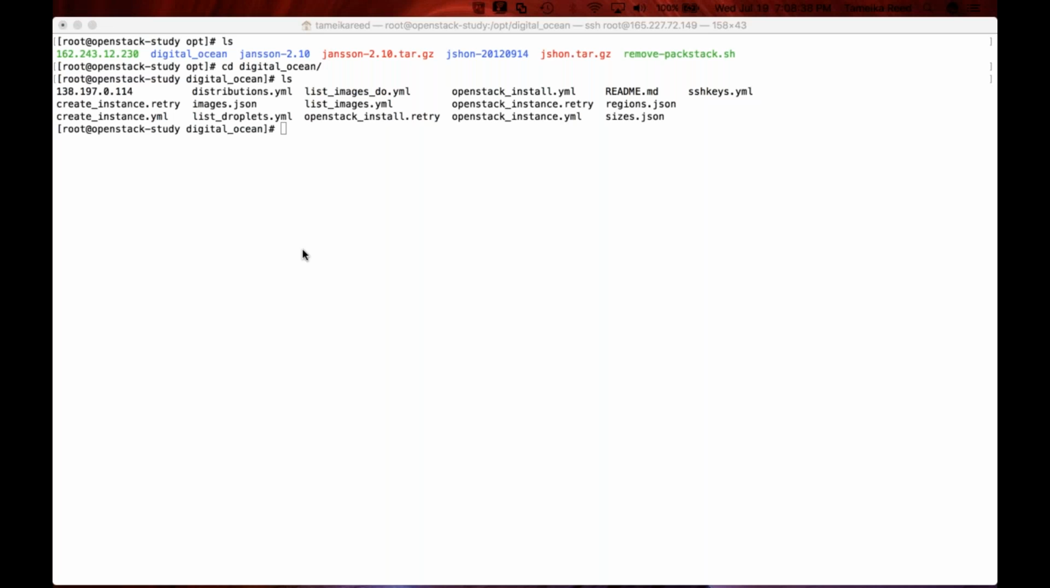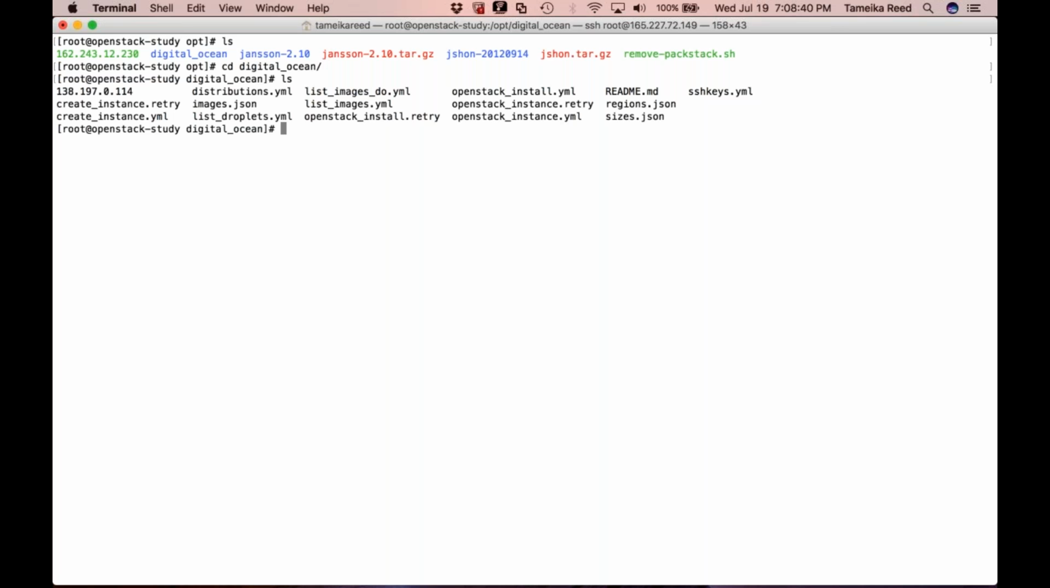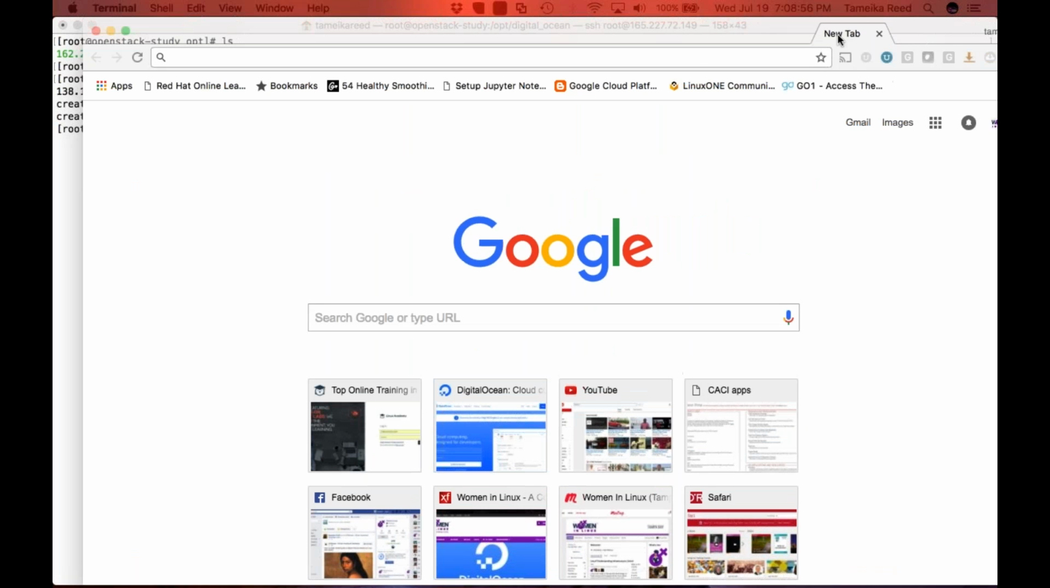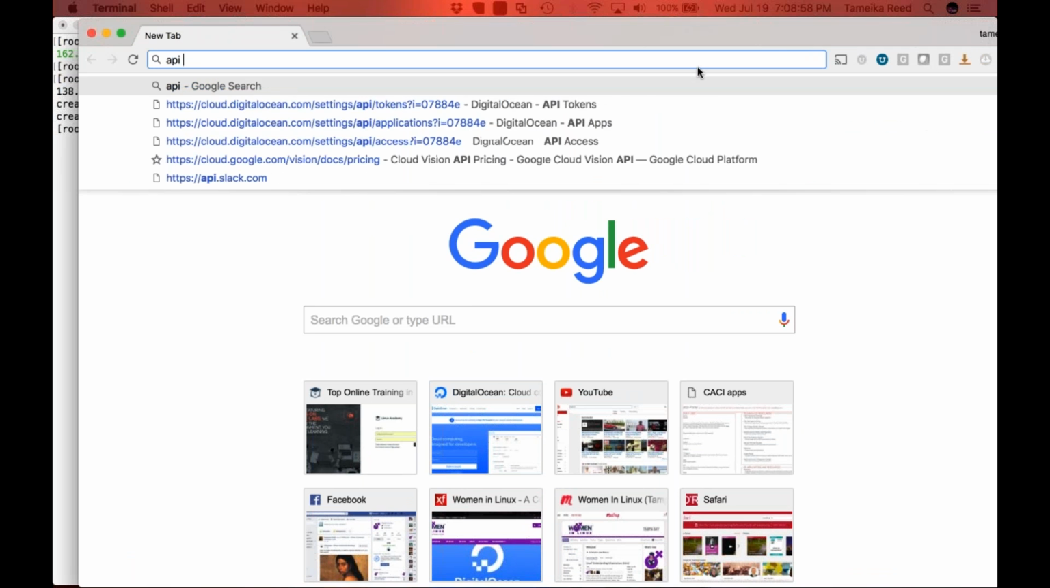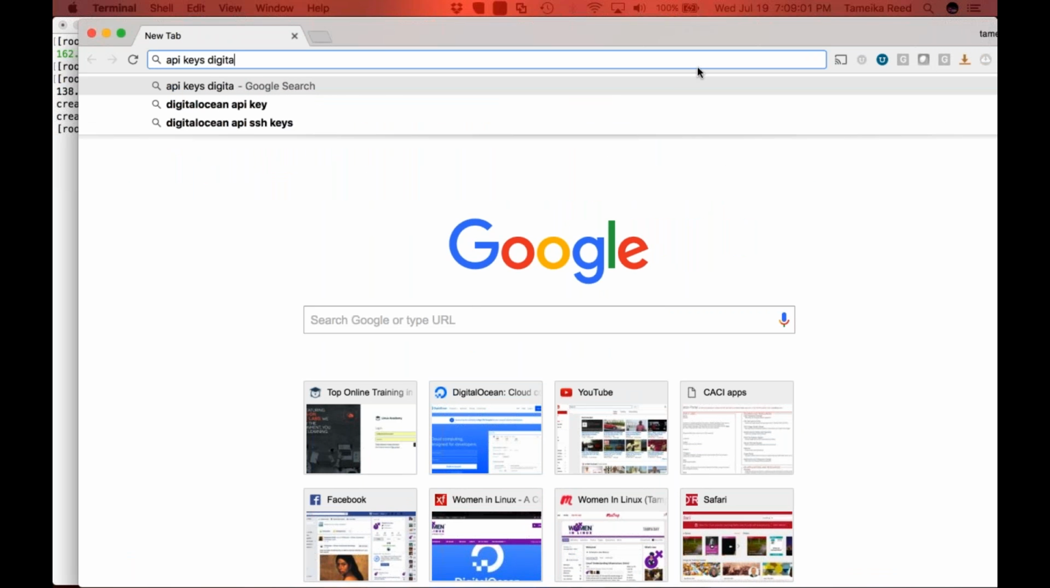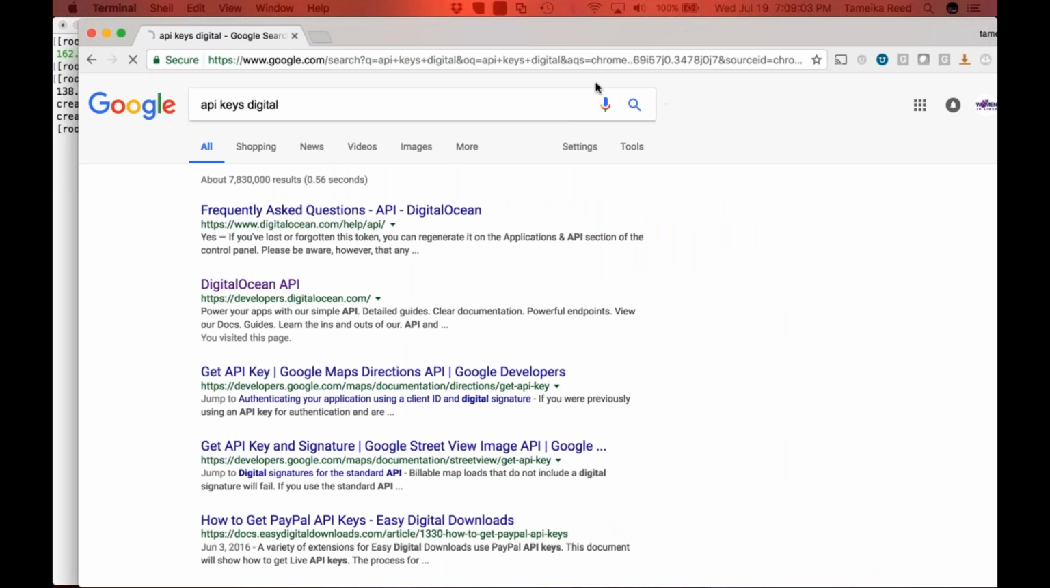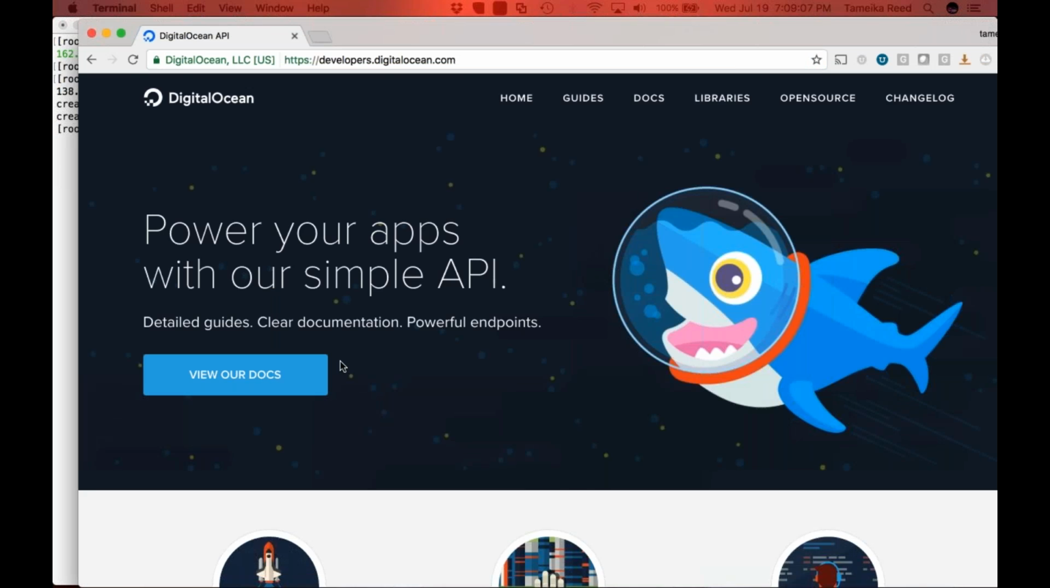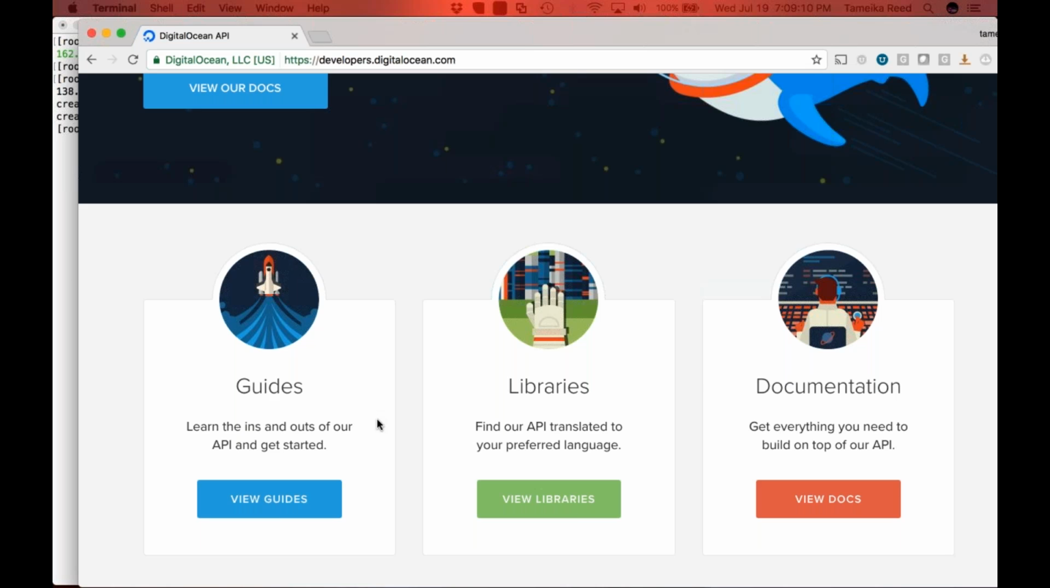So basically with DigitalOcean, what I had to do is get some other information too. I had to get my API key. And so with that being said, with getting that API key, let me bring this over so you can see. So you could type API keys, DigitalOcean. I meant to type ocean, but hey, that works too. So here you'll get your API keys from